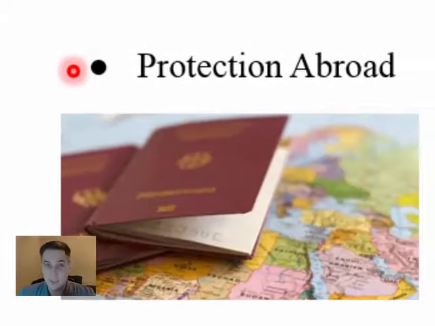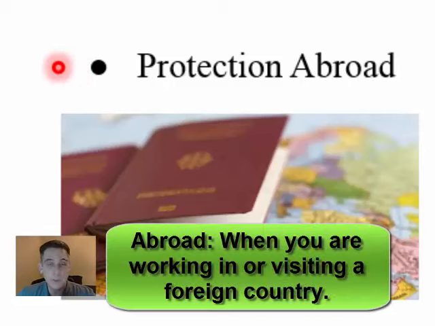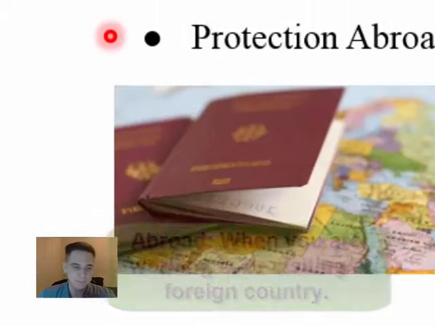The other right that you have that the government must protect is protecting you while you are working or traveling in other countries. Now, if you are going over there intentionally breaking the law, the government will not help you. But if you are going over to other countries and you're not trying to break the law and you're trying to be a good citizen and just do what you're going over there to do, and the government in that foreign country treats you unfairly, you have the right to ask the United States government to come protect you, come help you, bring you back home safely.